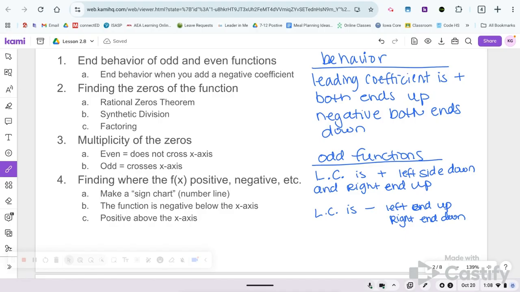We're going to have to find the zeros of the functions by using our rational zeros theorem or synthetic division or factoring. For the multiplicity of the zeros, if the multiplicity of the zero is even, we know that our function will not cross the x-axis. And if it's odd, it will cross the x-axis. The multiplicity of the zero just means if the zero repeats itself,